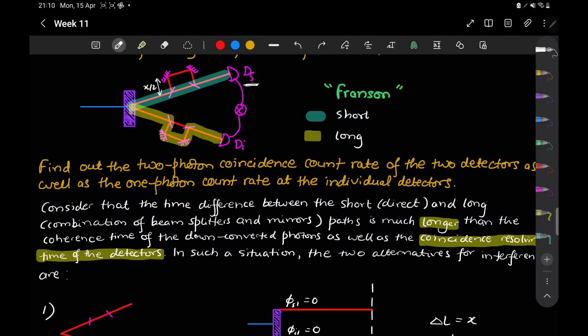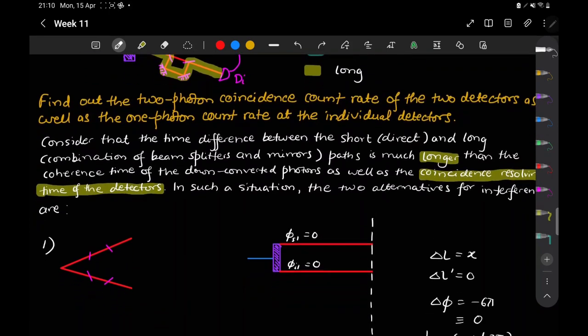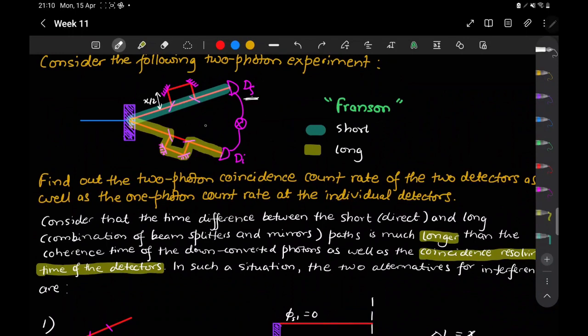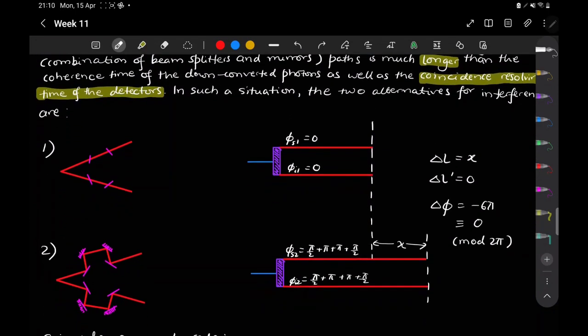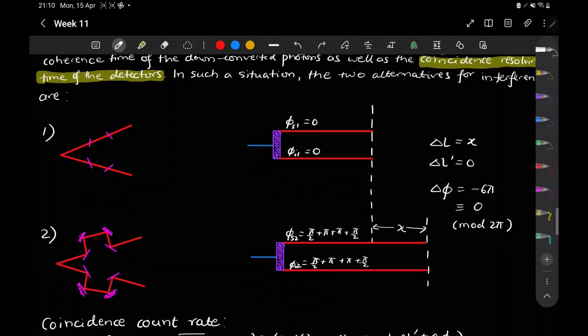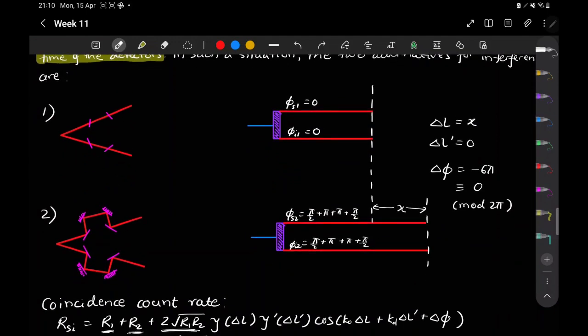So the detector is such that it will be able to resolve this short and long paths, the time difference. So the detector resolution is very high in this case, we are assuming. As a result, it will separate out this long and short paths and not detect it as a coincidence. That's why these green and yellow highlighted paths will not contribute to the coincidence count. That's why you have only two alternatives where their path lengths are exactly the same and they contribute to the